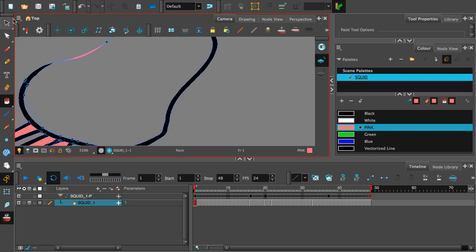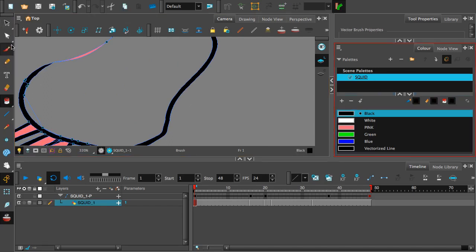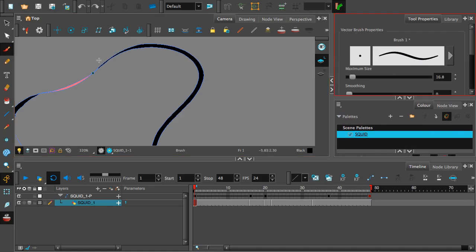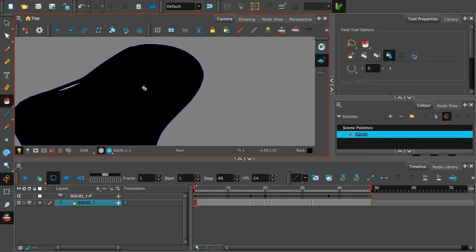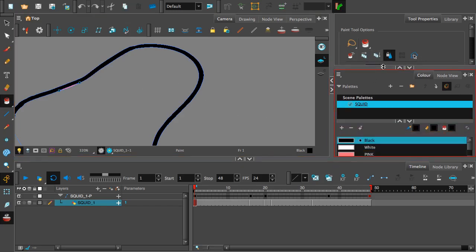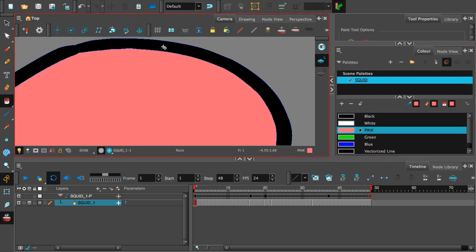Where is it? I think I'm going to have to go in with my black, with my brush, and complete this line. So I'm actually going to go in and refine this line just here. I think that's probably where the gap is coming from. Let's have a look and see if that made a difference. Yeah, so that's where the issue was. Because I didn't have a completed line, I wasn't able to put the colour in where I needed it to go in. So now I can go to my pink, I can drop that in there,